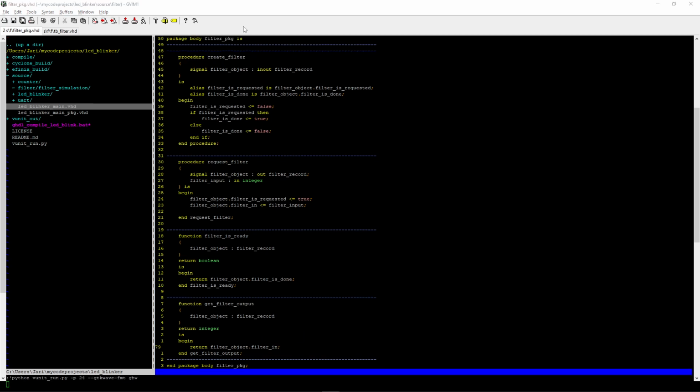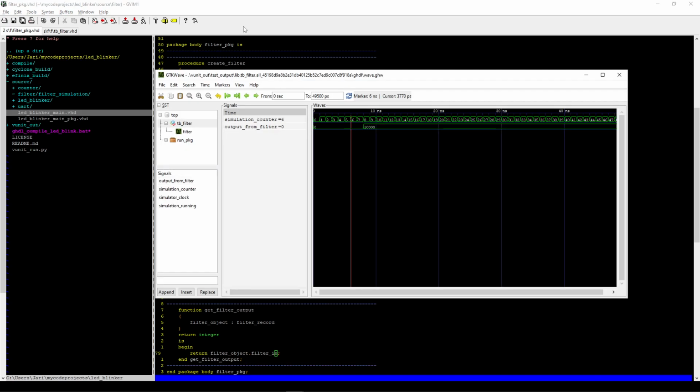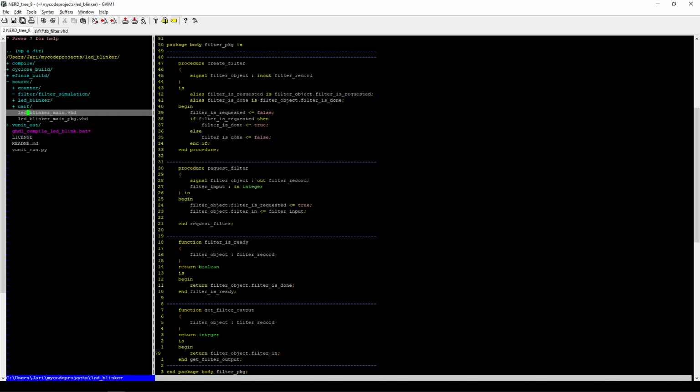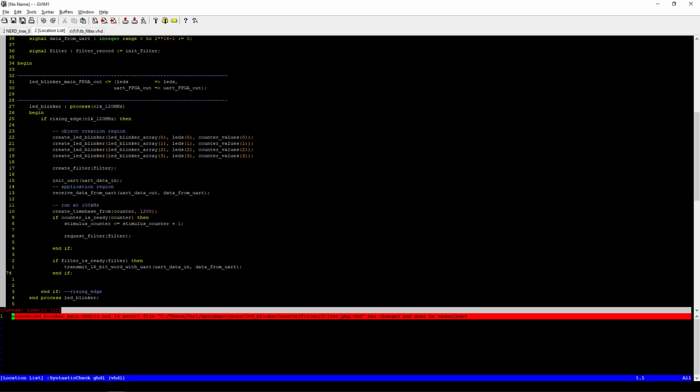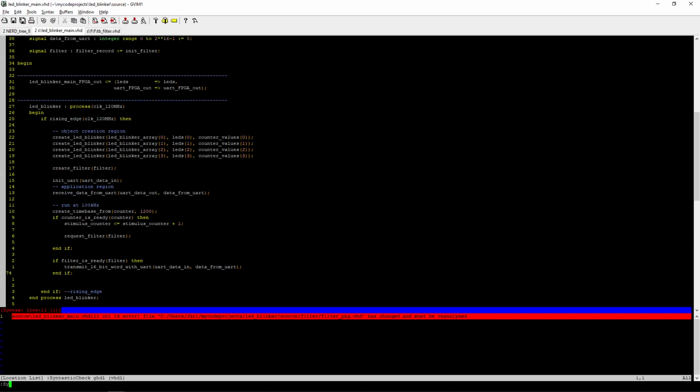Now as we simulate it, we can see that we get 10,000, so we are looping back from the request filter. Whatever we are requesting we are now returning with the get filter output. Actually, we can already go ahead and compile, first of all the packages, and then we go ahead and take this. So if we put in,